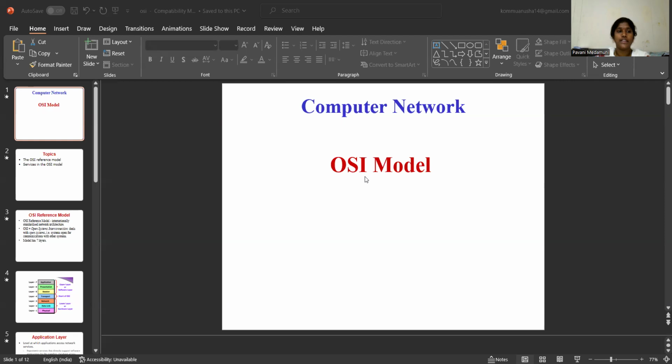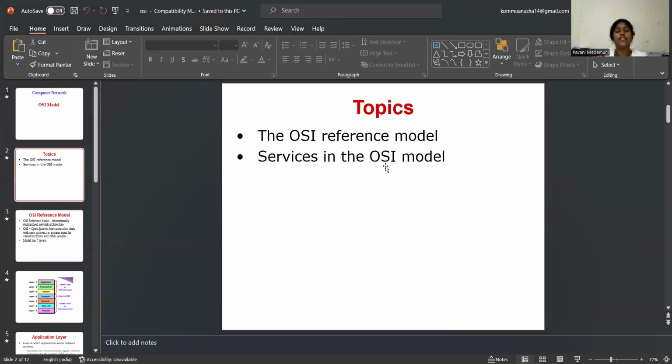Today's topic is the OSI model. In it, we discuss the OSI reference model and the services in the OSI model. What are the services the OSI model provides? So first,